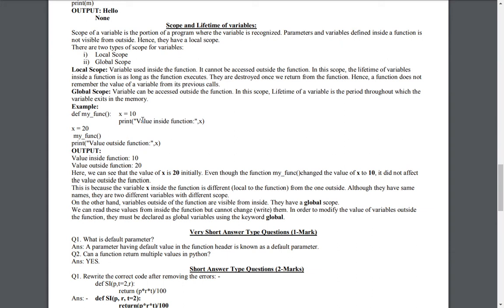The value 10 stored in this variable is the local variable, and the value 20 stored in this variable is termed a global variable because it can be accessed from outside the function also. Here we can see that the value of x is 20 initially. Even though the function myfunction changed the value of x to 10, it did not affect the value outside the function.